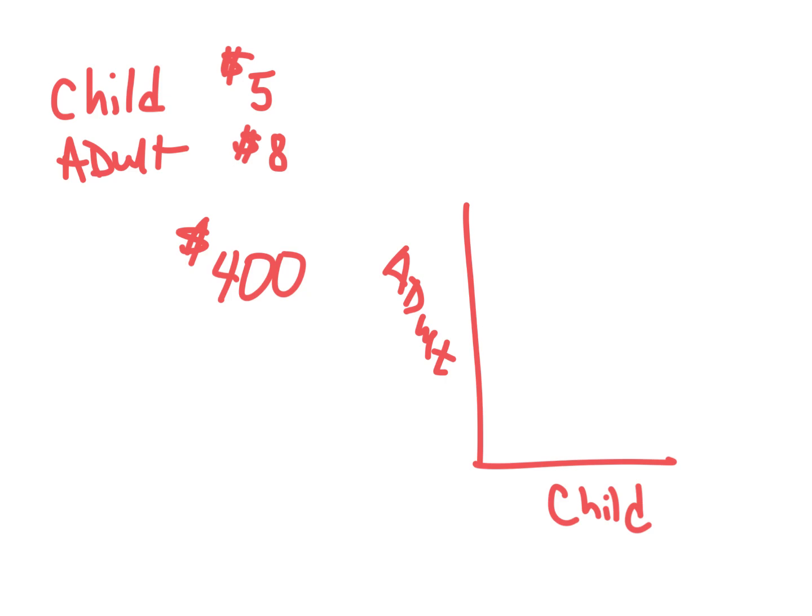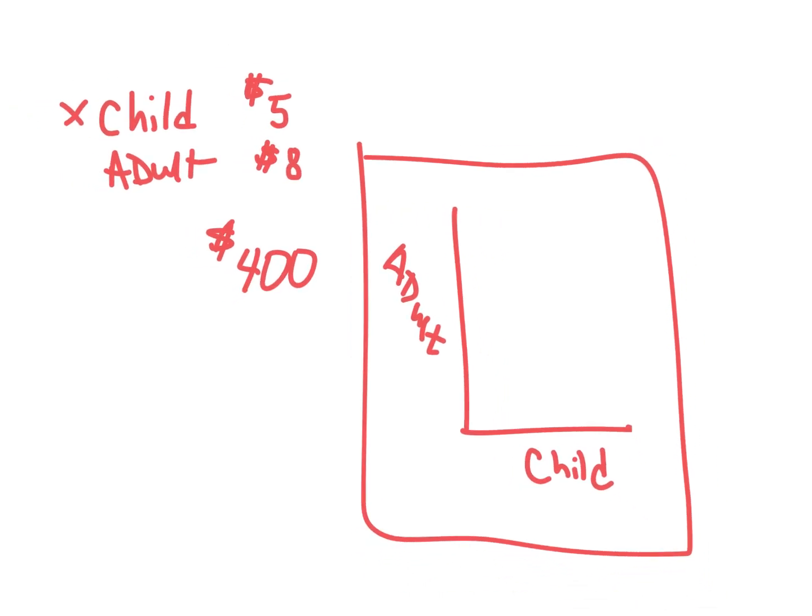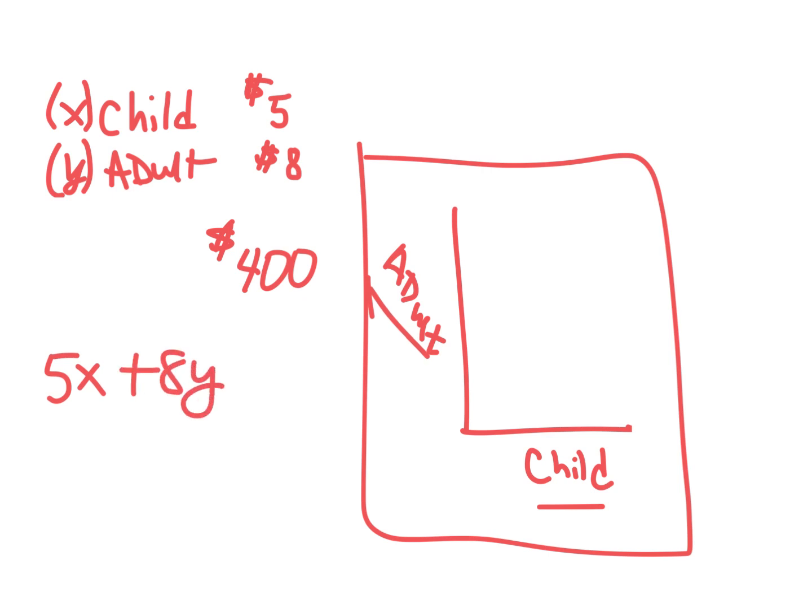Now, at the beginning, you could have picked child as X and adult as Y. And then when you looked at this, you didn't have a choice anymore. Child has to be X. And if you didn't do it that way, you didn't do it right. Okay, so X goes for children, and then Y goes for adults. How come I know? Because it was labeled right here. Okay, next is 5X plus 8Y has to be, well, in this case, I said they got $400, so it's